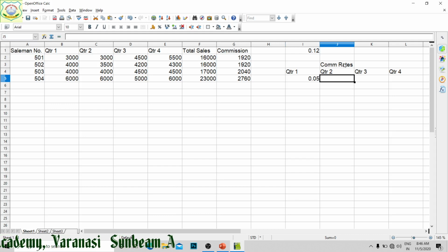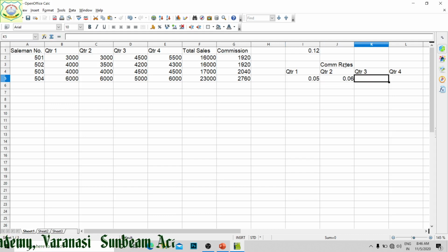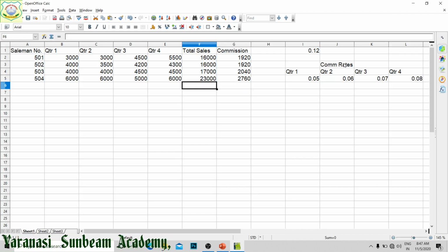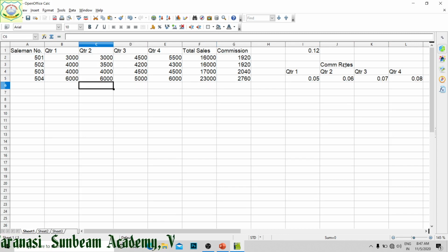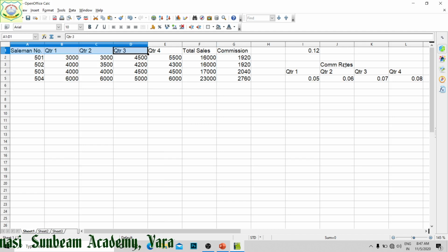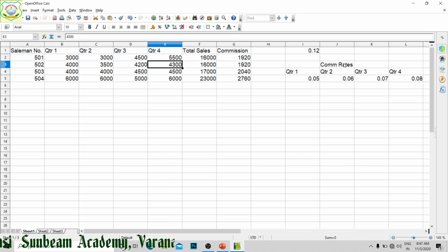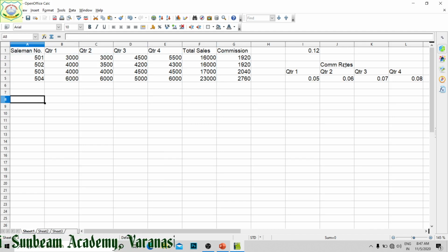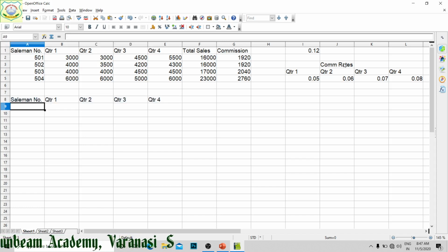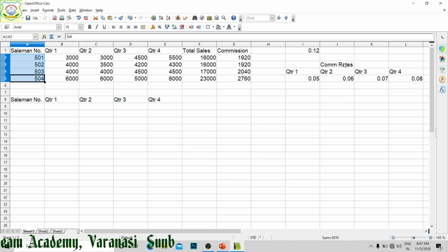Quarter 2 has been given 0.06, 0.07, 0.08. As for this, we have to find out the commissions, right? So this I have copied, I pasted here, right? Now here these are the different salesman numbers.